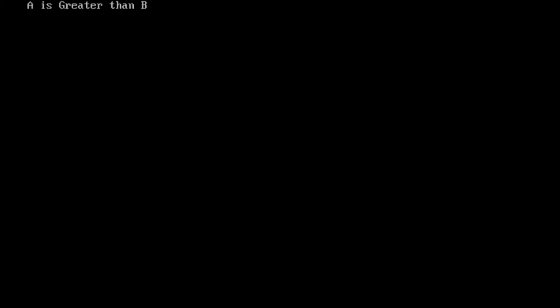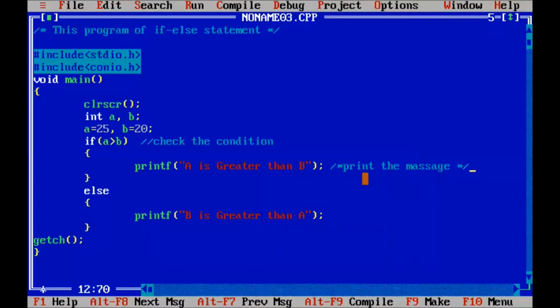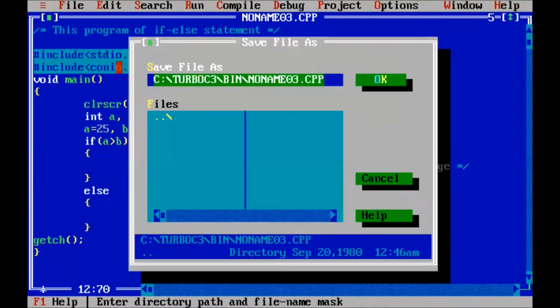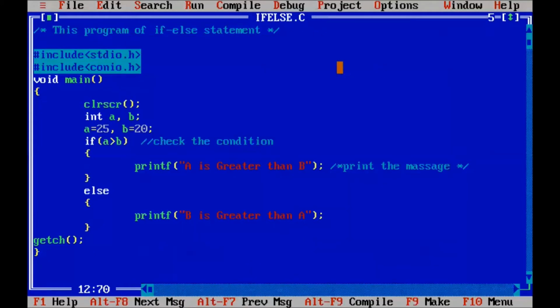Okay, so A greater than B. Now we will save this program. We go to File and click on Save, and here we write if else dot c and press the OK button. So here the name is if else dot c.